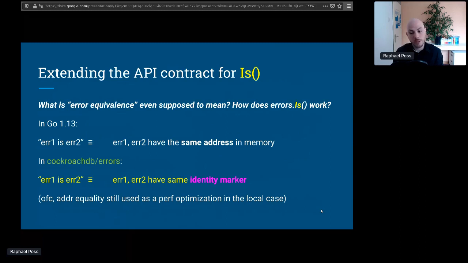So the Go library decided that things are equal just if they have the same address, but in reality, when you care about error objects, you can be a bit more generous than that, and we have this notion of identity marker. It's kind of a string, and that is used for network errors, and if errors happen to be on the same machine, then we can still compare addresses, because if two errors have the same address, they will also have the same marker.